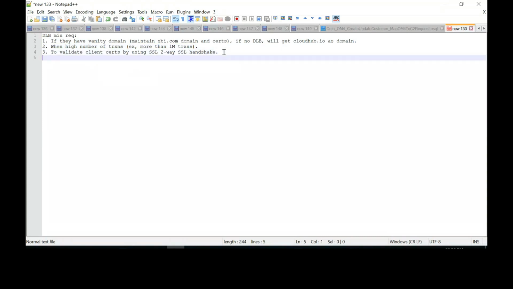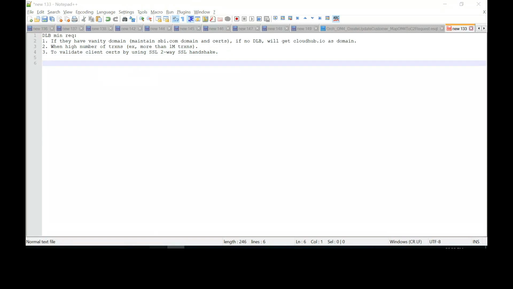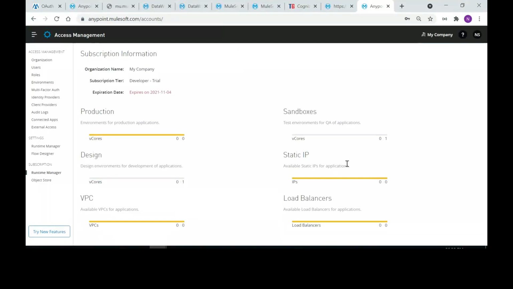All right. So go back to the trial account. Static IPs: I think you will get 2 static IPs with a 2 vCore configuration. If you want more, then you'll have to purchase additionally.